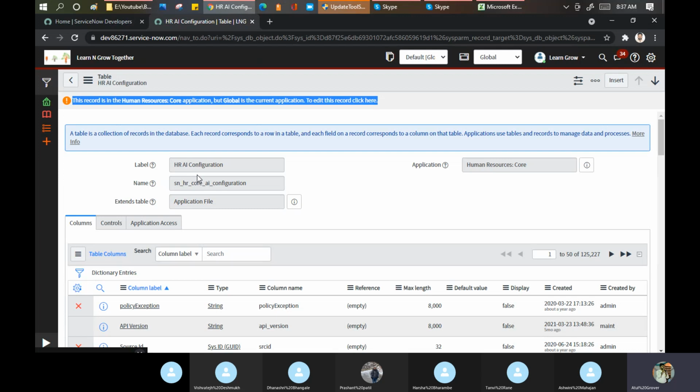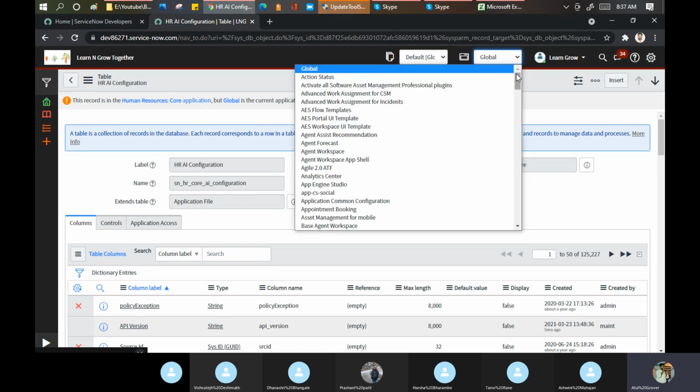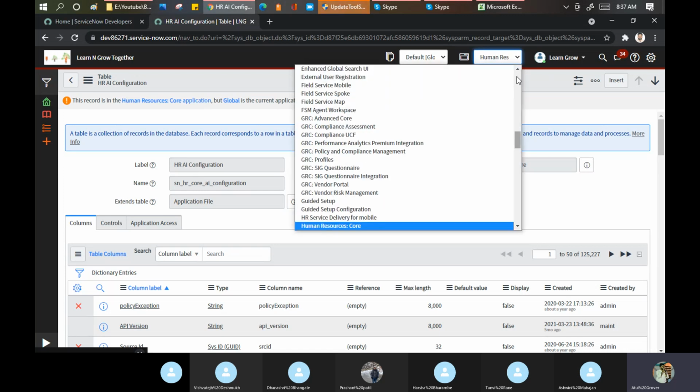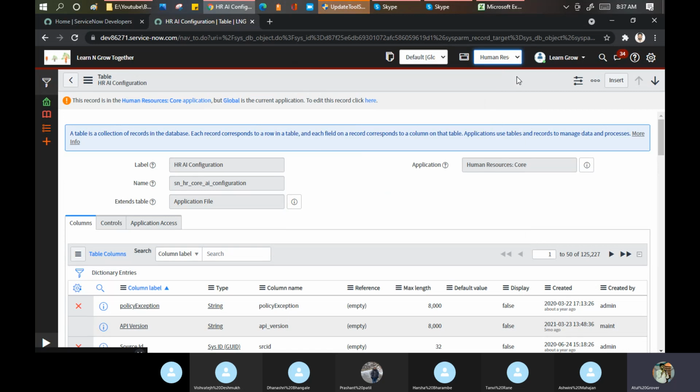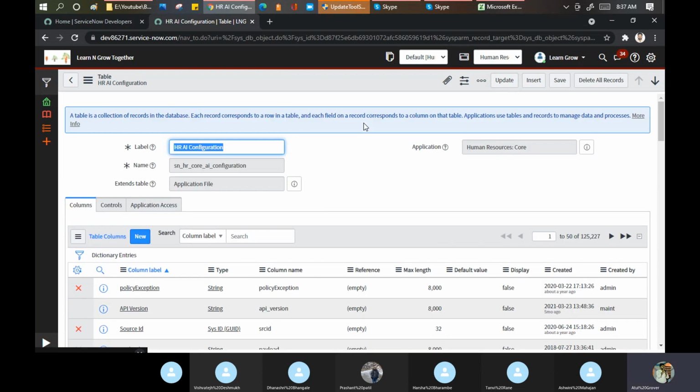Because this particular table has the scope of HR. So it is showing: this record is in the human resource core application, but global is your current application. To edit this, click here, or what I'll do, I'll change my scope here to human resource core. The page will be reloaded for me. Now I'm able to make a change.